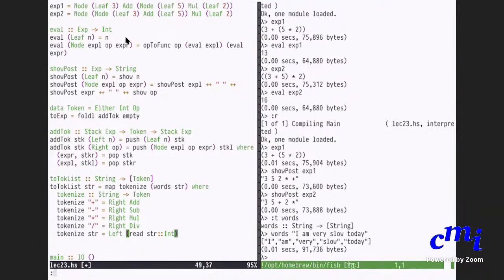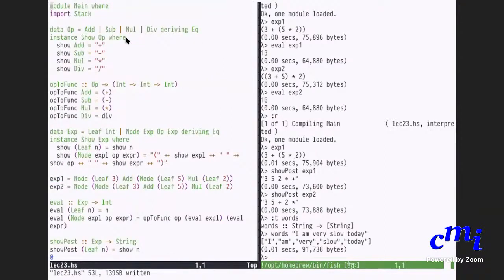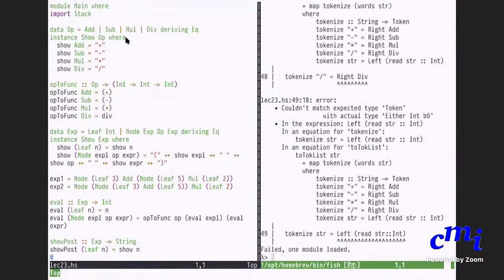One second, give me a minute. Did I define token properly at all?